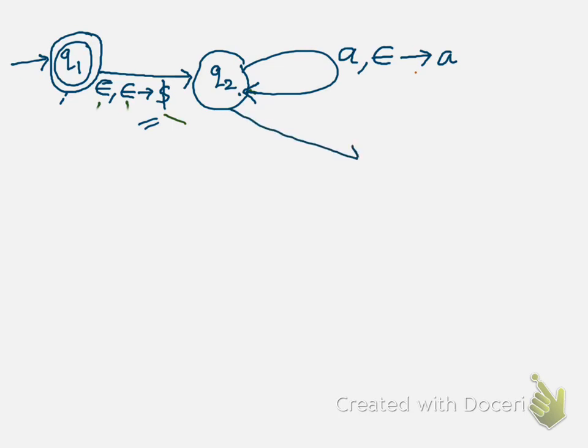From this state, whenever we see a B, so this B is seen in the input tape, and if on the stack top you see an A, what are you supposed to do? Just pop it, right? So what does this mean? Input is B, so you are going to pop A, if A is at the top of the stack, and you are going to push an epsilon, which means you are just going to pop that A from the stack. And I come to Q3.